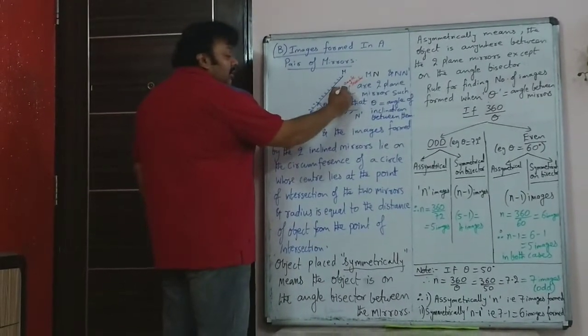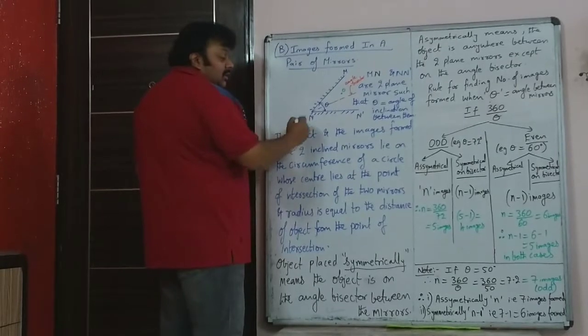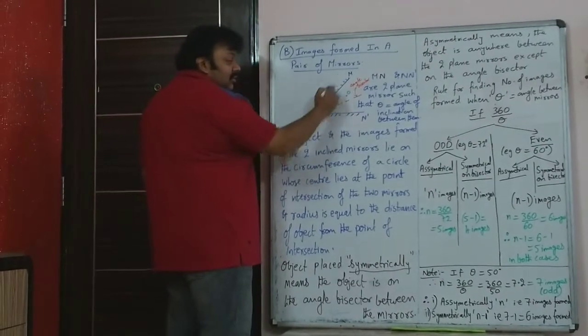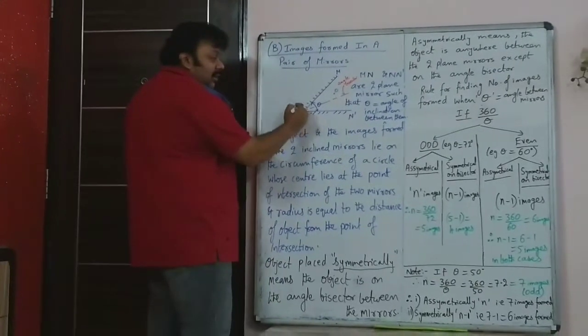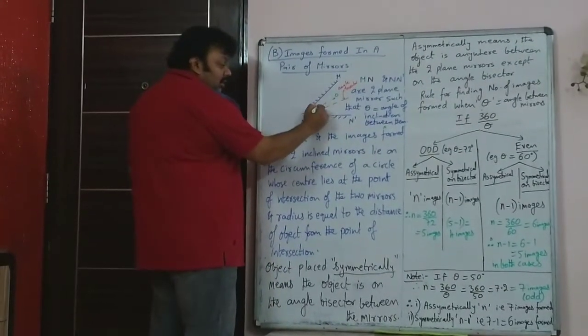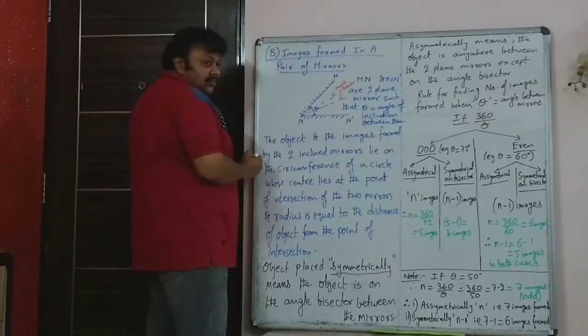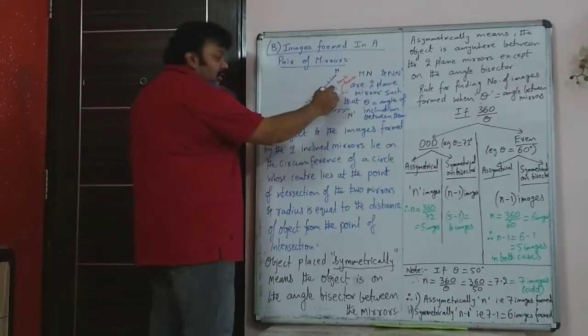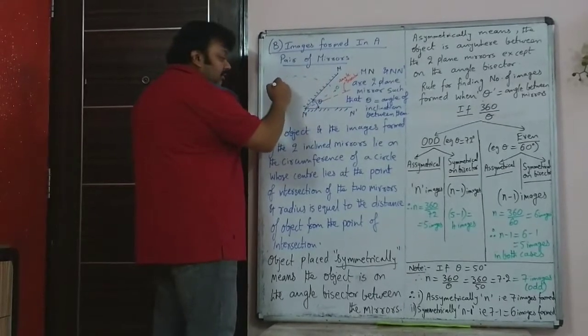So if O is the object, then this distance from the point of intersection of the two plane mirrors, that is point N, to O will be the radius, and N will be the center, and on the circumference of a circle